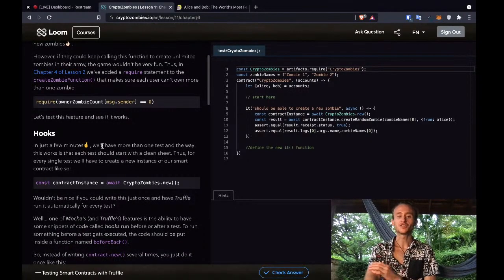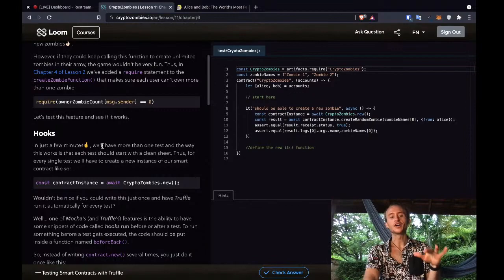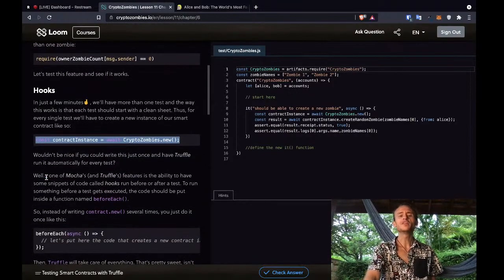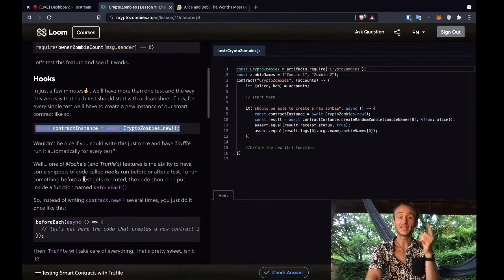Hooks. In just a few minutes, we'll have more than one test, and the way this works is that each test should start with a clean sheet. Thus, for every single test, we have to create a new instance of our smart contract like so. Create the new contract. Wouldn't it be nice if you could write this just once and have Truffle run it automatically for every test? Well, one of Mocha's and Truffle's features is the ability to have some sequence of code